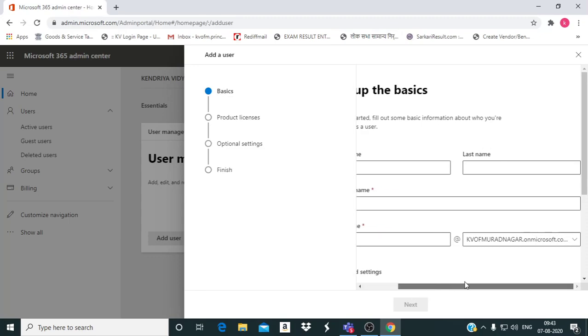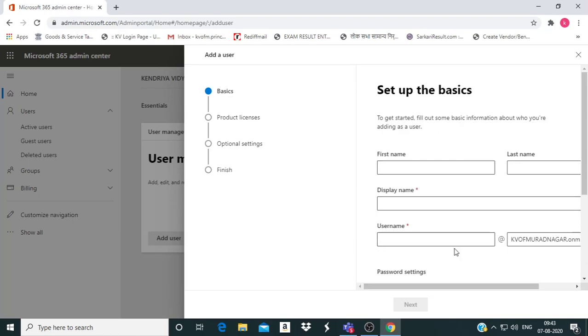It appears on the Microsoft KVOF Muradnagar domain, a new user.